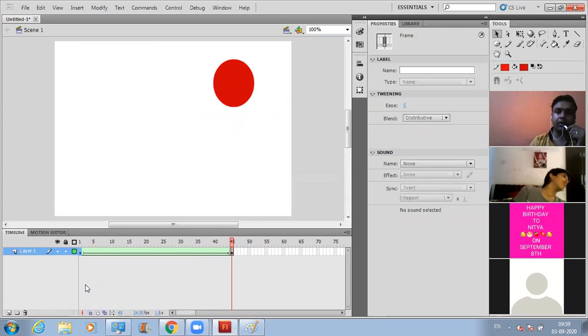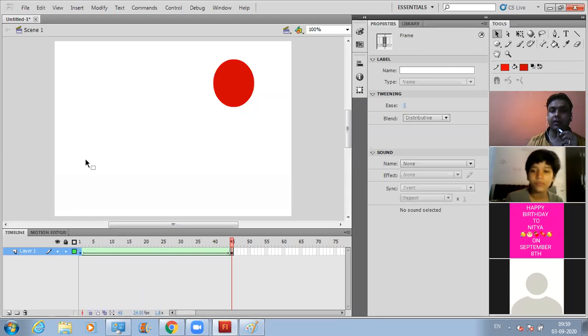Are you all able to see? How did it move forward, I don't understand. Because of that, Nitya, I will explain to you, dear. What Vihan has asked me was, "Sir, how can we use this timeline?" What I want you to understand is that the timeline is used for controlling the animation. Timeline is used for controlling the motion of a particular object on the stage area. That's what I want you to understand.